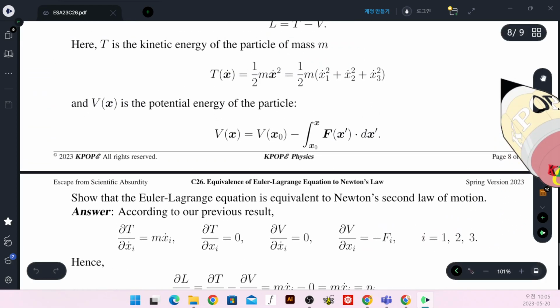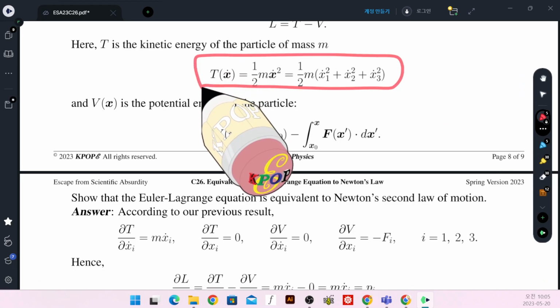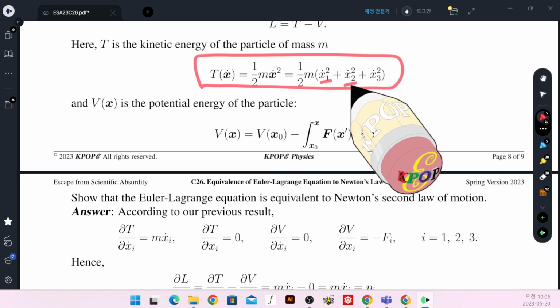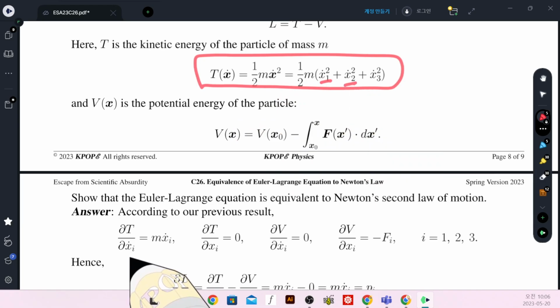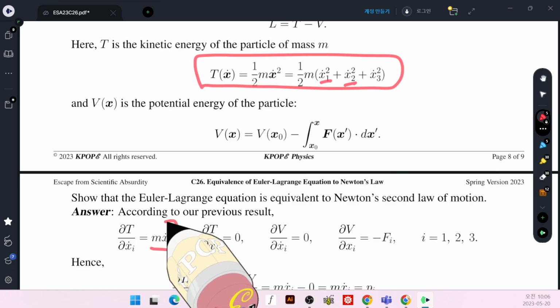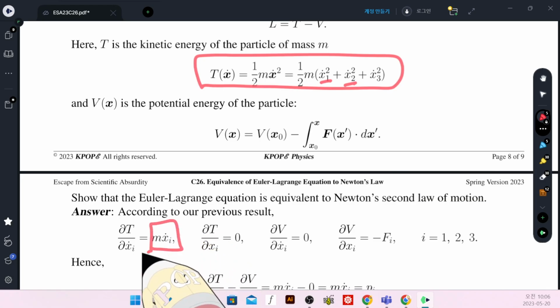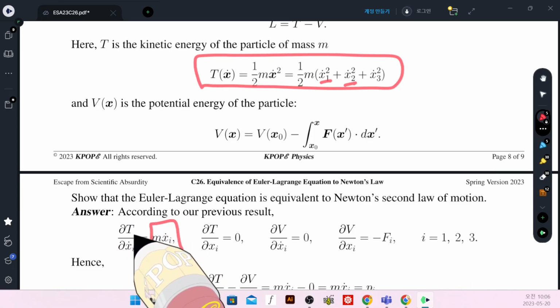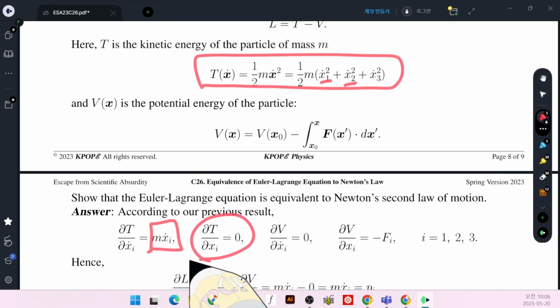Let's see. From the kinetic energy, by taking the partial derivative with respect to each Cartesian component of velocity, we were able to find the linear momentum, for i running from 1, 2, and 3. In addition, the kinetic energy is independent of coordinate, so the partial derivative of the kinetic energy with respect to the Cartesian coordinate vanishes. On the other hand,